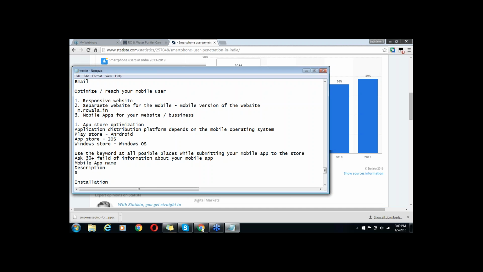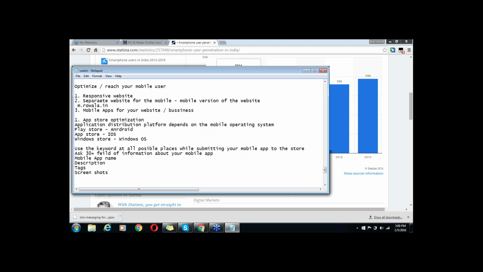There are so many things: tags, and you have to submit your screenshots. I said you have to provide 30-plus pieces of information, so you have to tactfully use the right kind of keywords in these places.